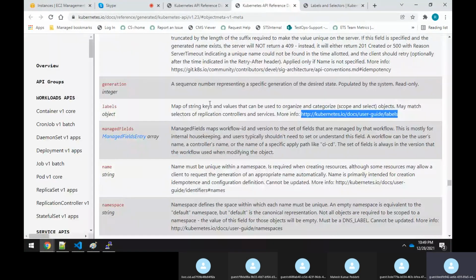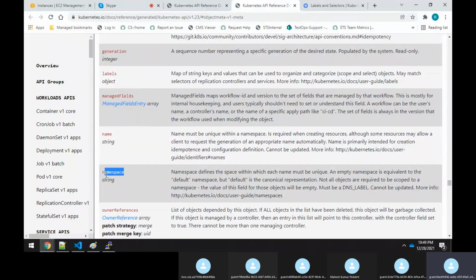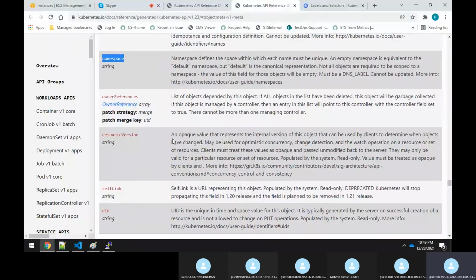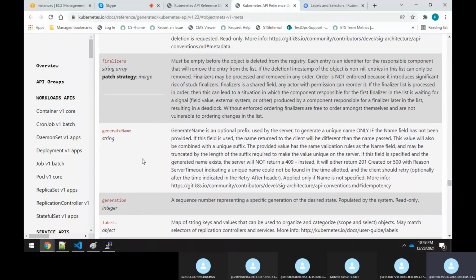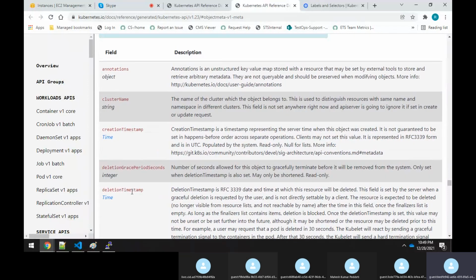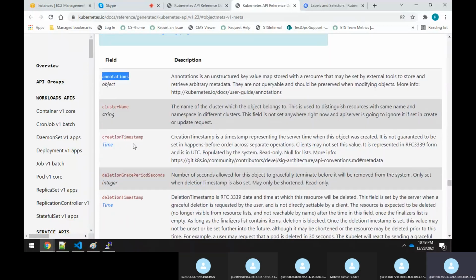Apart from these two in the metadata, there are some other important things. One is the namespace, which we will usually put; here in this case I have not put it. Then you have labels, and you can even use annotations, which I will show you later. So these are some of the important things.